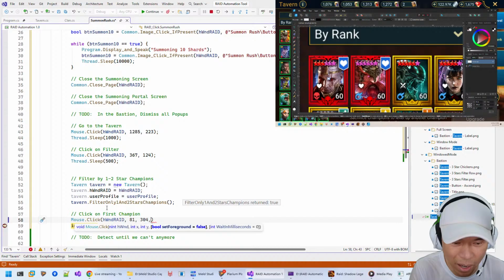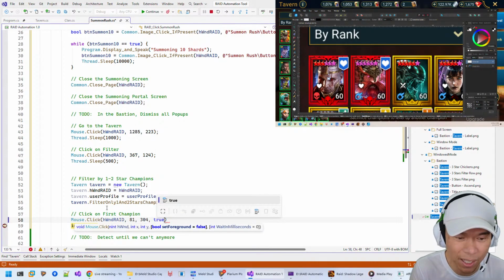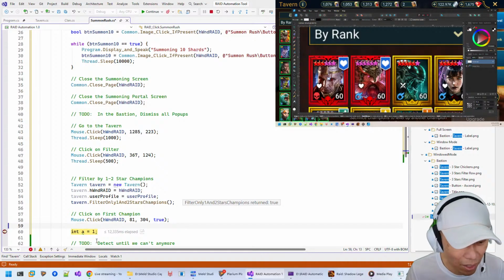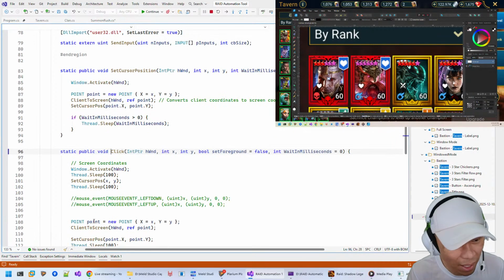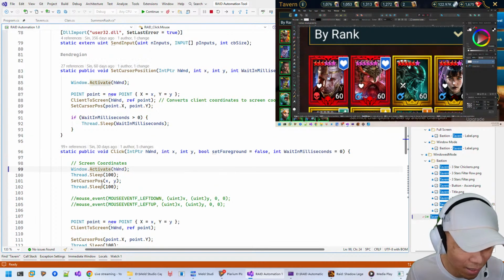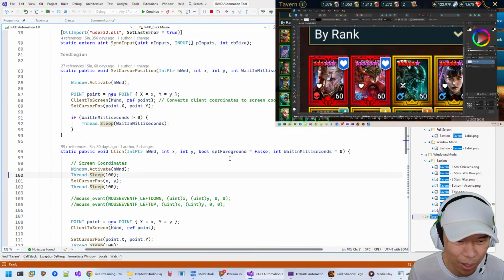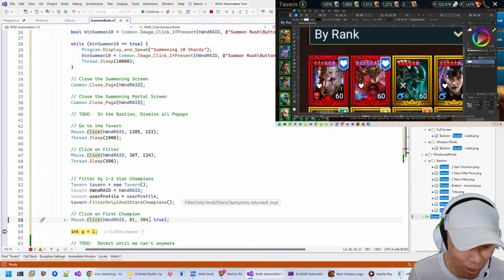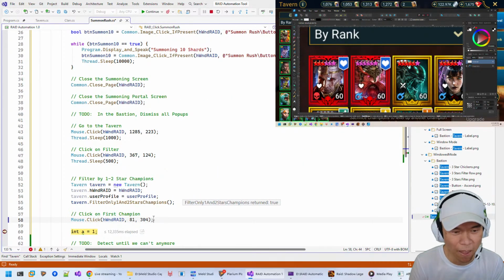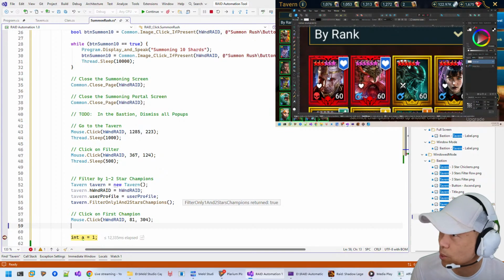Oh yeah, there's an optional parameter to set the game to the foreground. I should have said yes to that actually, but it's optional. And I think I might have changed the code, so it's always setting that to true anyway. Oh, it does. So it doesn't matter. So this parameter is no longer used. At some point, that was an optional thing, but whatever. We can just delete that then. So we want to click on the first champion. So once we've done that,